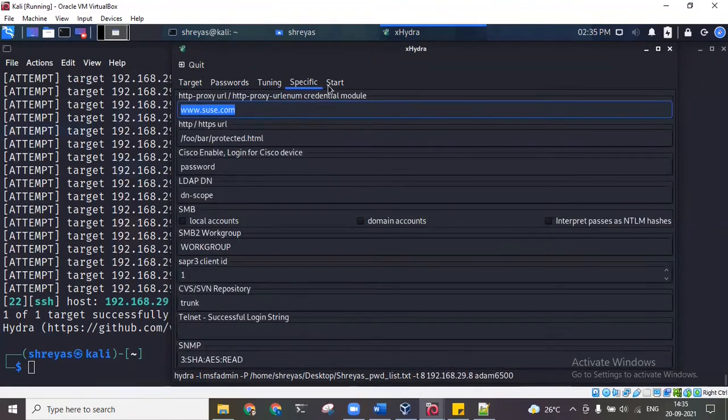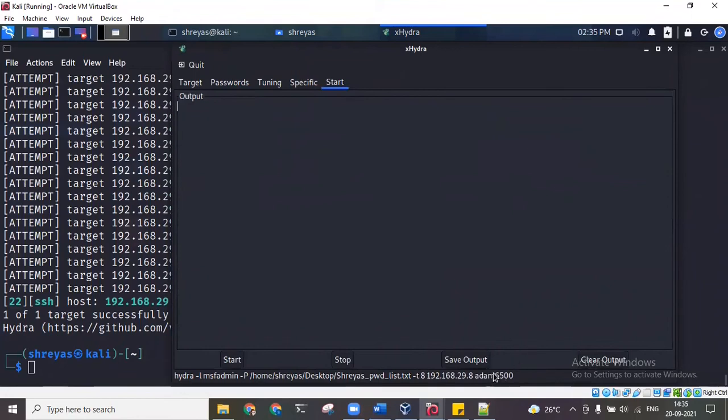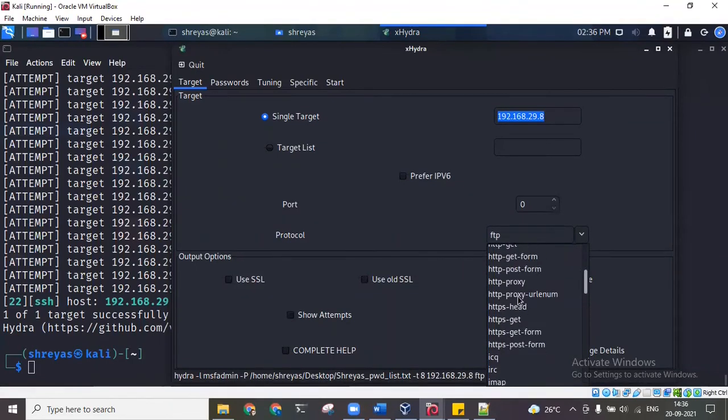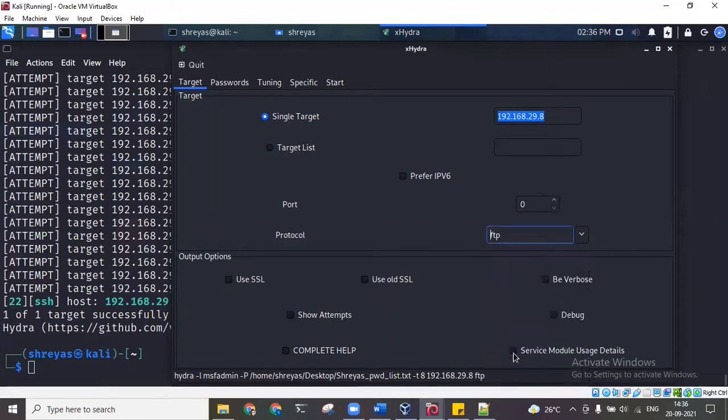And we can also provide the output file, so it will store the details over here. Sorry, this is the protocol. I want to do FTP, so I can give the FTP protocol over here, or any protocol I want. If I want to access HTTP, HTTPS, SSH, anything, it will automatically take it. So this is the GUI version of Hydra. If somebody is not very comfortable or wants to re-verify their commands, we can try with this.